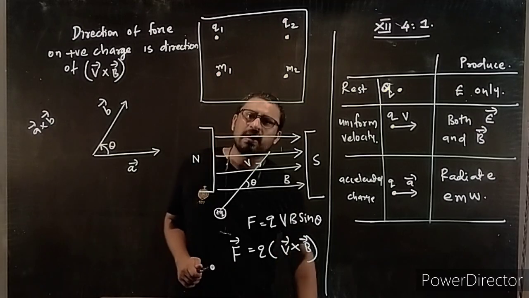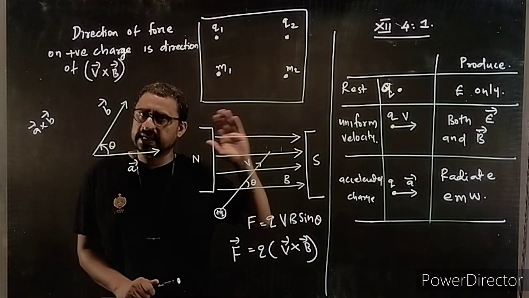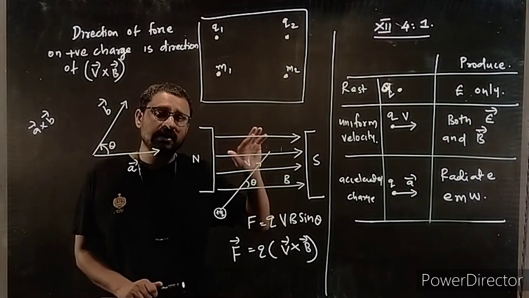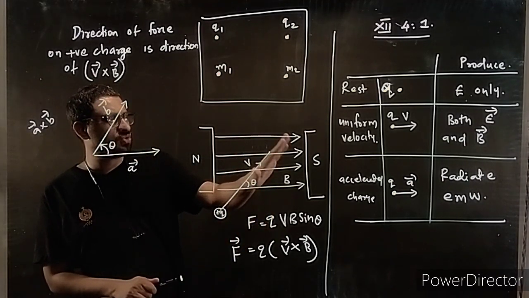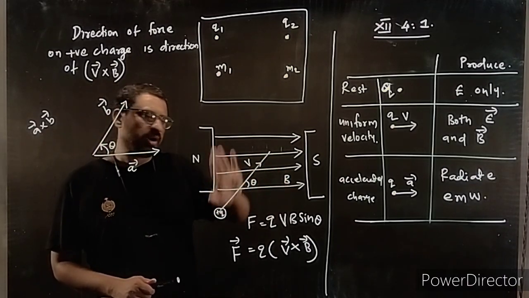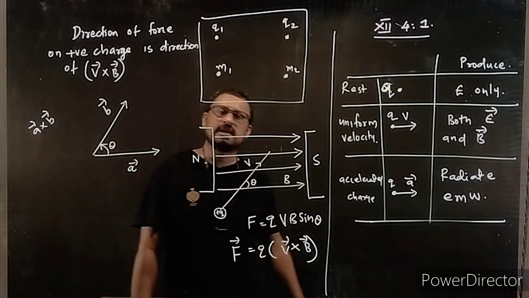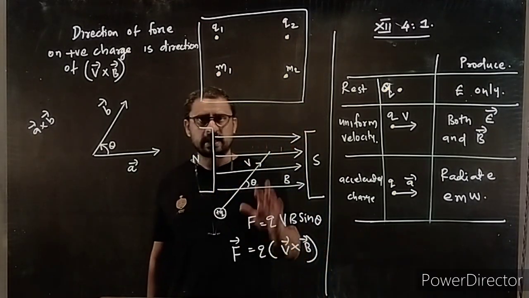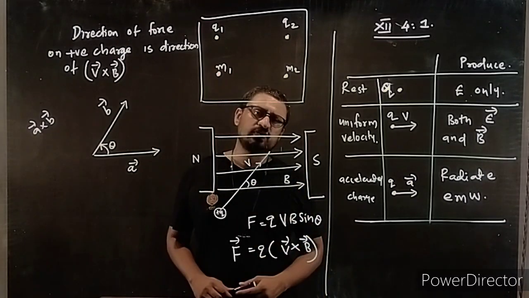Here what I need is the direction of what? V cross B. So for V cross B, I have to make my right hand. Again I am repeating, it's right hand. It's not left hand. I have to use my right hand and curl my fingers from V to B. Yeah, I can curl my fingers from V to B like this. So it will be acting into the plane. Or I can say it will be away from me. So the direction of V cross B you can find using curling rule like this. Right hand thumb rule to find the direction of cross product of two vectors.